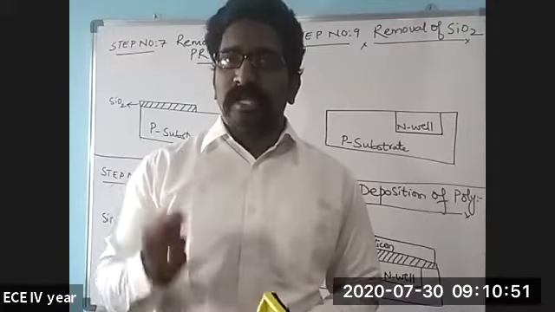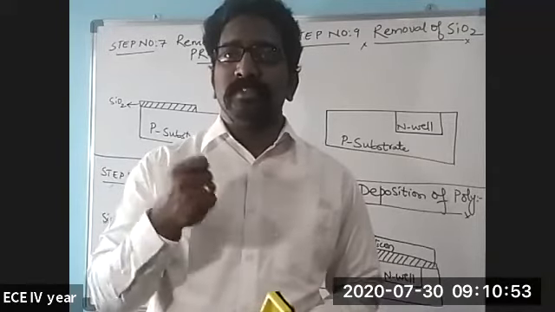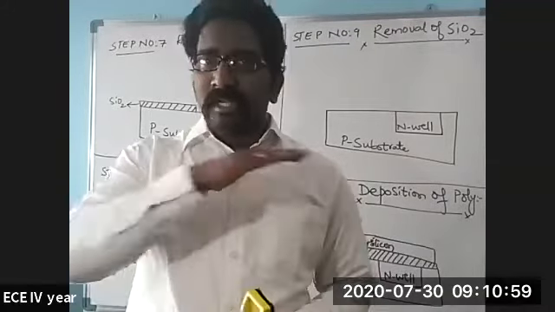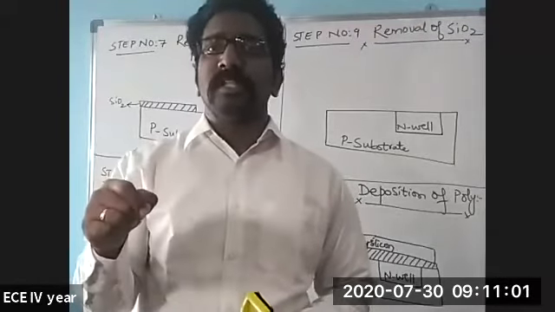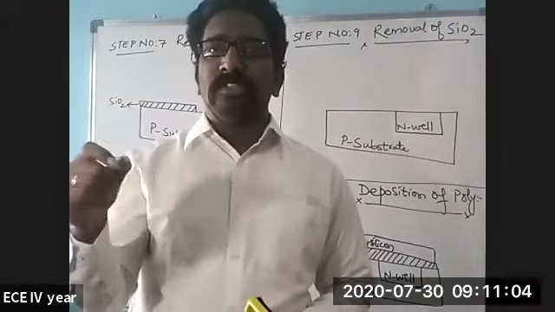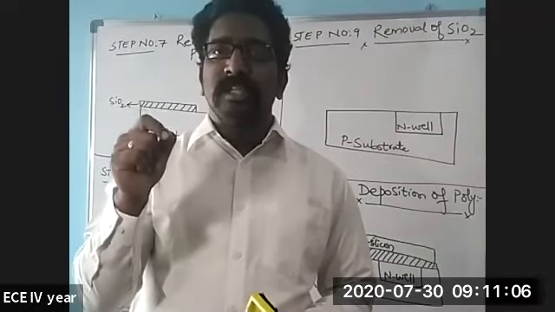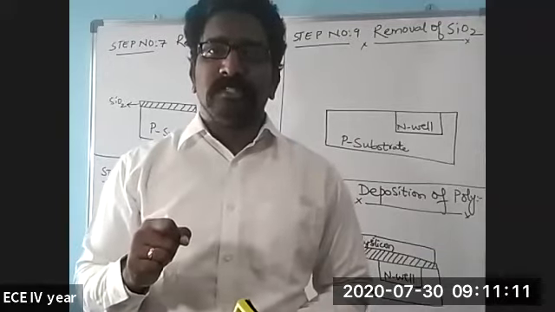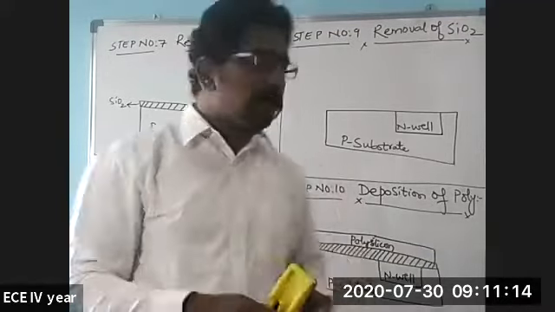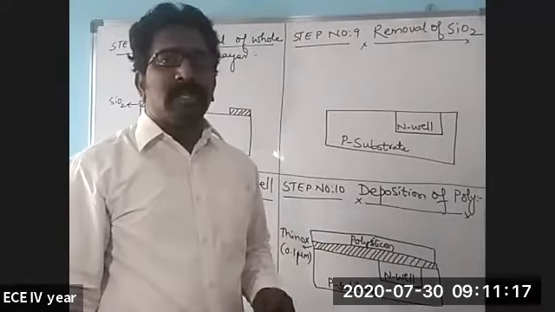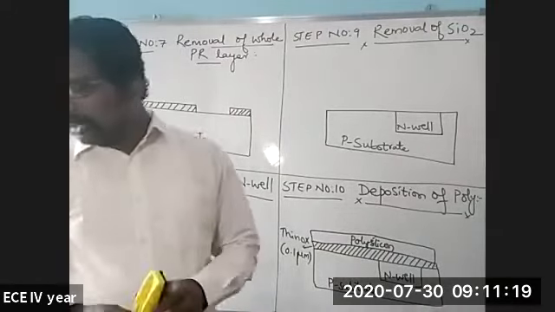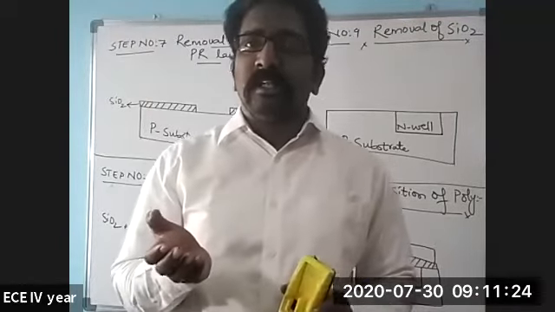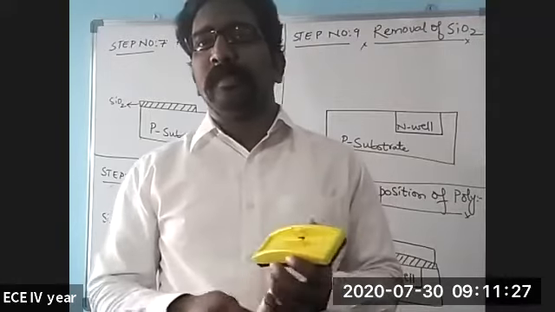In order to protect the device from getting degraded due to the formation of parasitics, we use polysilicon upon the entire surface, so that even though it is subjected to high temperature, the polysilicon can sustain it, and that will act as a gate material for the next process steps. So now here, this polysilicon will act as a gate material. And one more thing, during this polysilicon deposition, the annealing process also will be taking place.